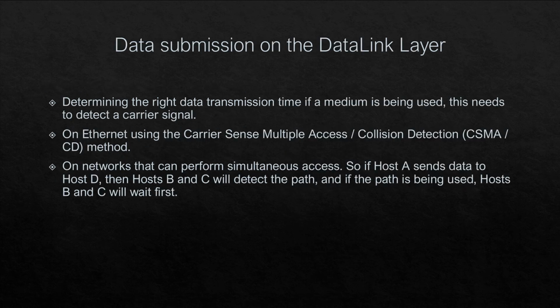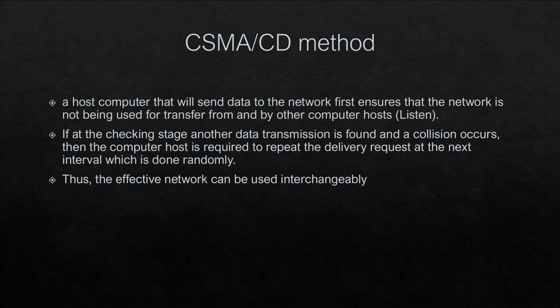Data submission on the data link layer determines the right data transmission time if a medium is being used. This needs to detect a carrier signal. On Ethernet, the carrier sense multiple access with collision detection, or CSMA/CD, method is used on networks that can perform simultaneous access. So if host A sends data to host B, then host B and C will detect the path. And if the path is being used, host B and C will wait first. And then